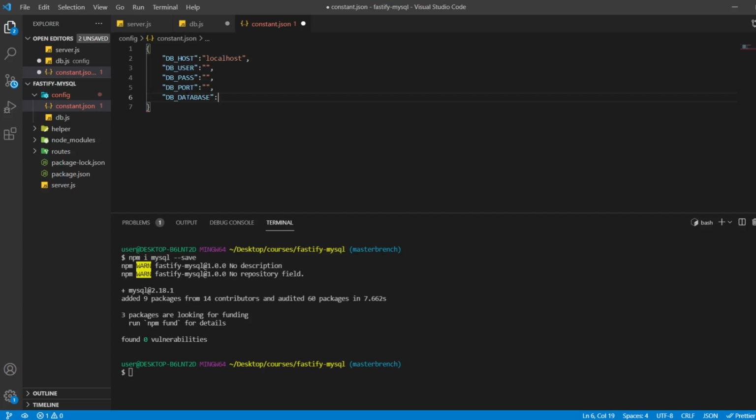Okay, so our username is root, but password is India@100, and port, our MySQL is running on port 3306, and database we will use data as a database.